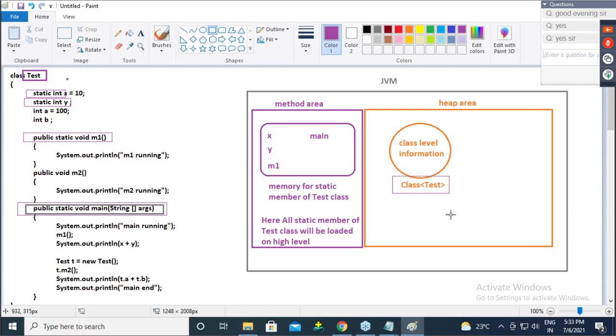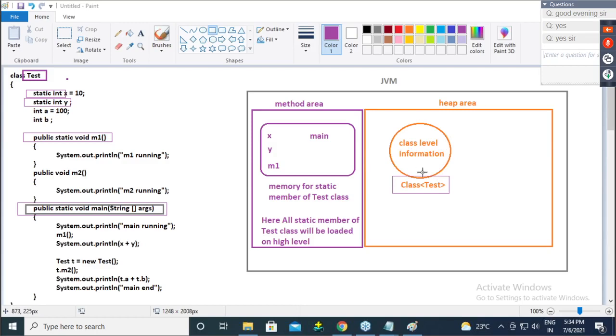Now, I will tell you the story of what happened when you run the class the second time. See, when you run the class the second time, the file goes to the class loader. The class loader checks the main method. After checking the main method, it accepts the file and immediately tries to create the class of test. Then, guys, the JVM comes to know, hey, in the heap area, the class of test is already present. This object already exists.